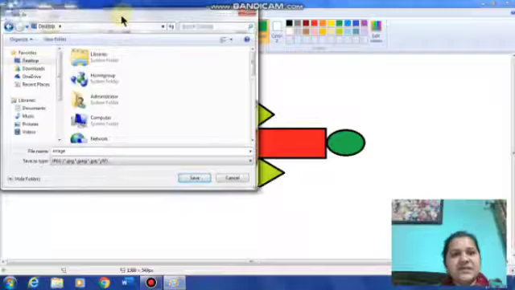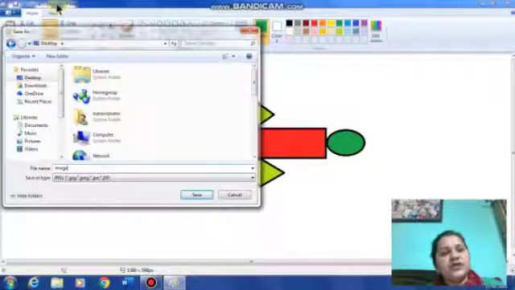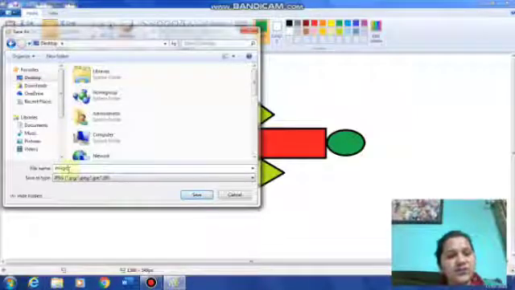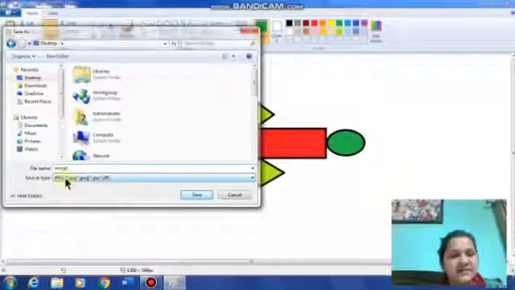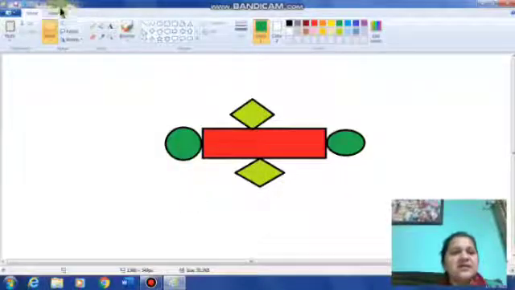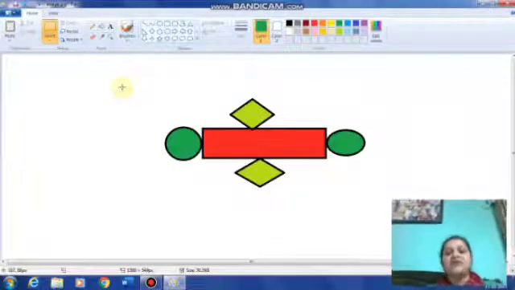Right now, till the time I have not saved the image, it is shown as untitled. But when I give the name image to this drawing, and then see save type, the file format we have selected is jpeg.jpg. Okay, then click on the save button. See here what the name is: image.jpg. So the file name is image.jpg.